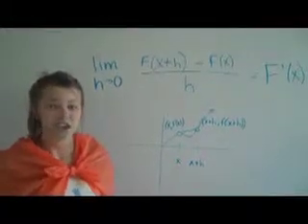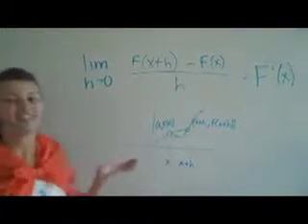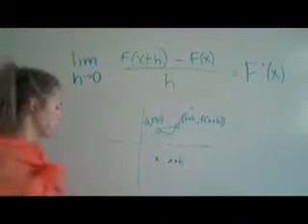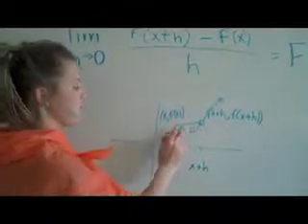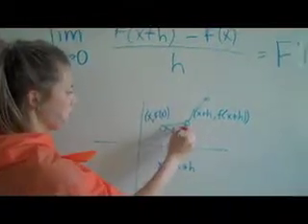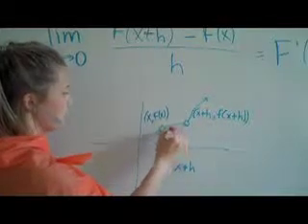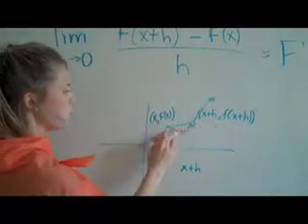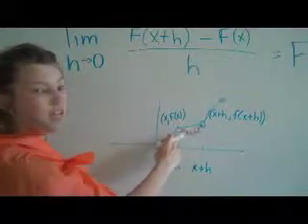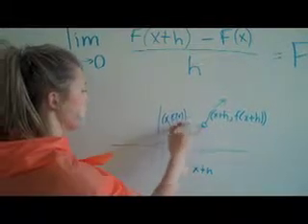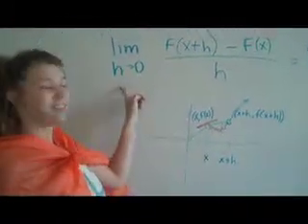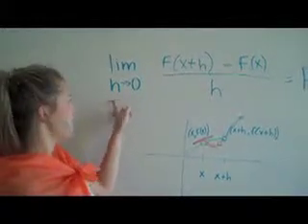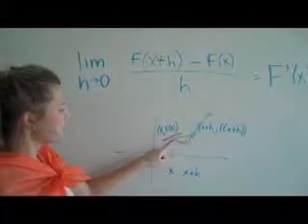Now, this describes the IROC, or instantaneous rate of change. Say we want to find the tangent at this point right here. We want to make this point as close to this point as we possibly can, virtually on top of each other, so that we can find the tangent right here. So we want to make h as close to 0 as possible. So we put this limit in right here and make h approach 0 so that we can find